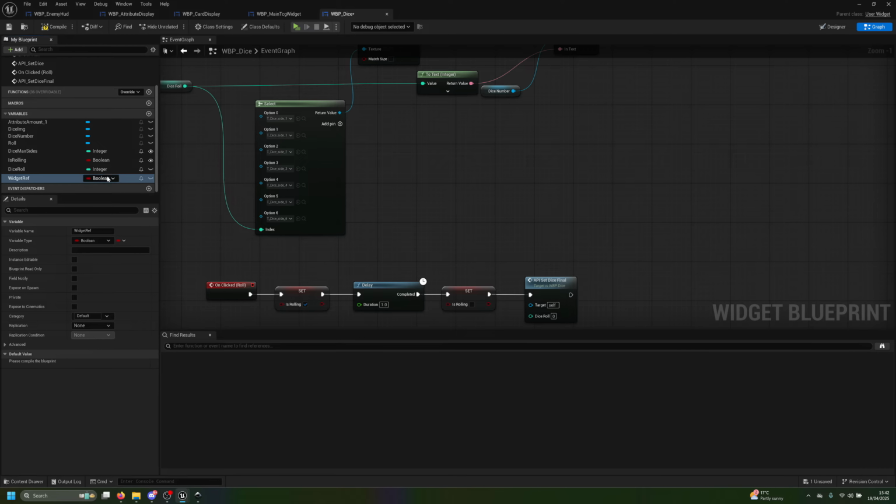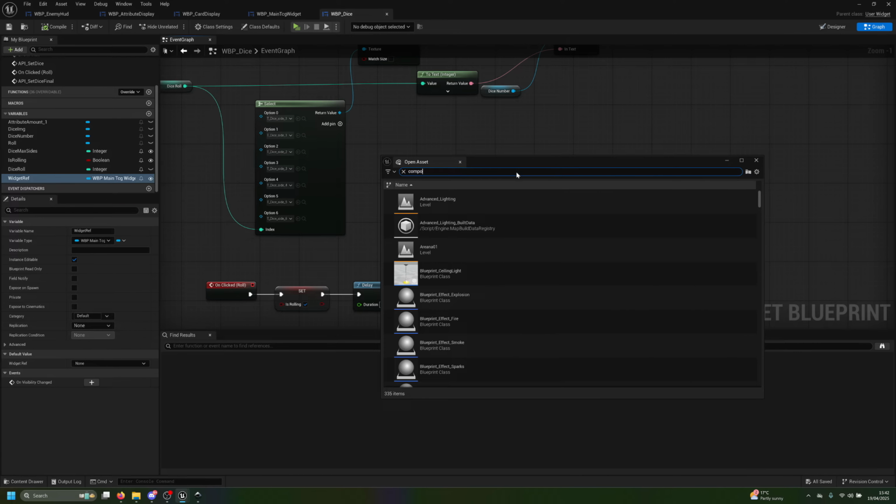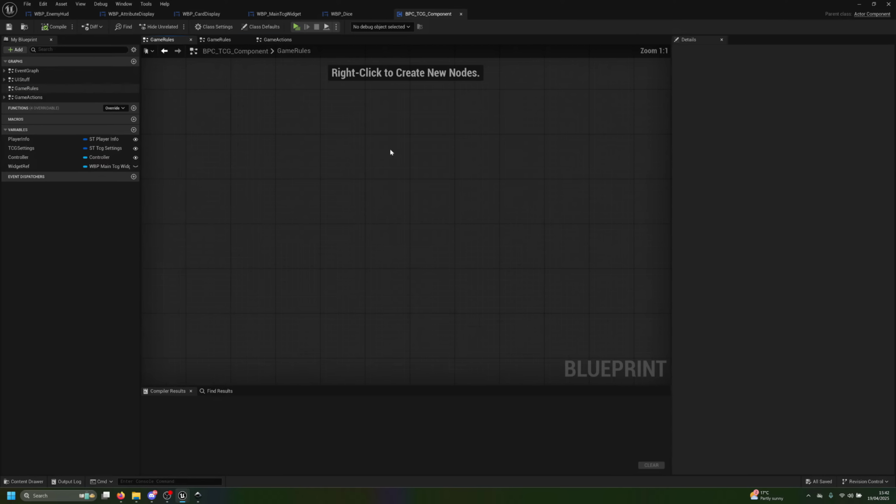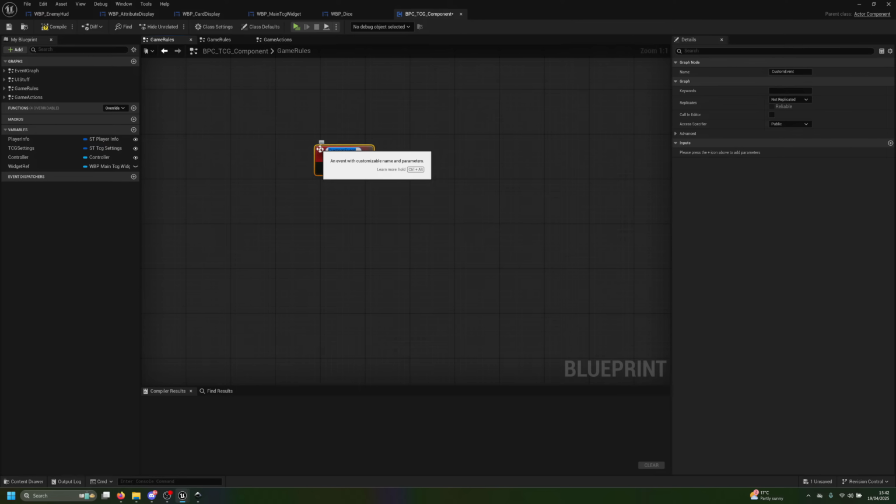This is going to have a reference to the main TCG widget. Now I'm going to open up the component, which is the one that we created, the TCG here, and in the game rules,